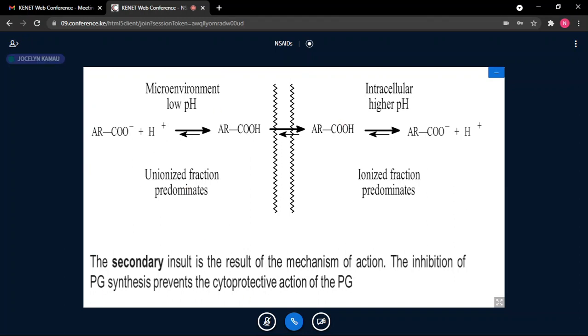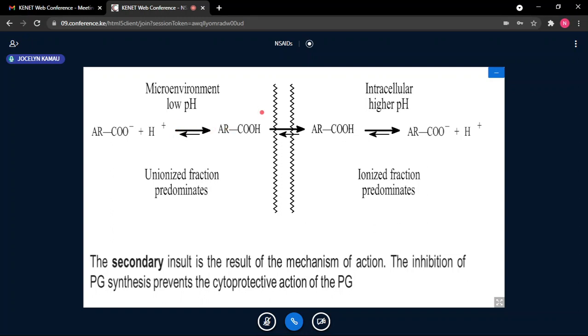If you look at this drug here, it is our weak acid, AR. Remember, it has an aromatic area, whether heteroaromatic or just another aryl group. It has a carboxylic acid, so it has undergone ionization. We are saying in low pH, this is the microenvironment. This is the environment of the stomach, which has acidic pH. You can see there is more, this bold arrow here.